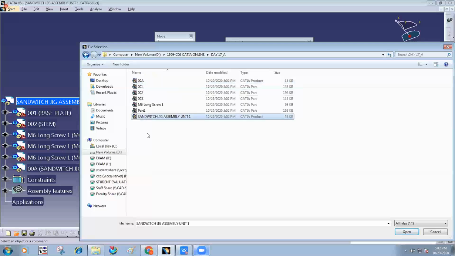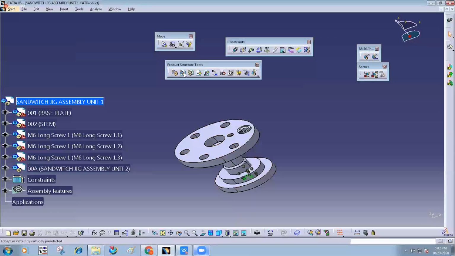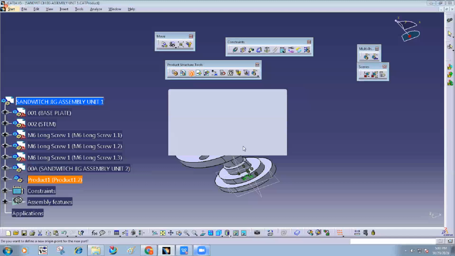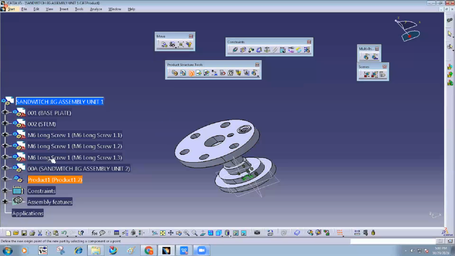So every file you will get when you use this assembly option, product sub assembly. The same thing you can do using component sub assembly. Instead of product sub assembly, you create a component sub assembly and inside that introduce the different parts in it. But the problem is you don't get a separate file like this 00A. You don't get product 1 sub assembly separately in file formats. You will see it in the assembly but not in this option.